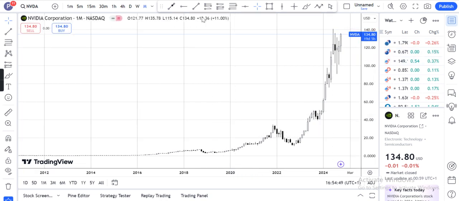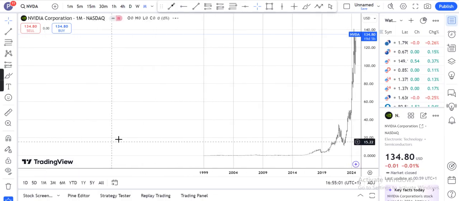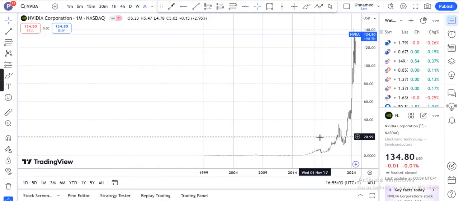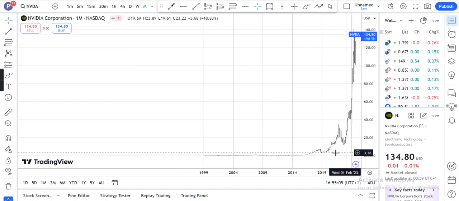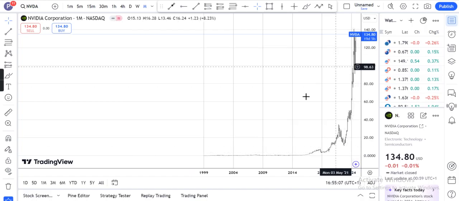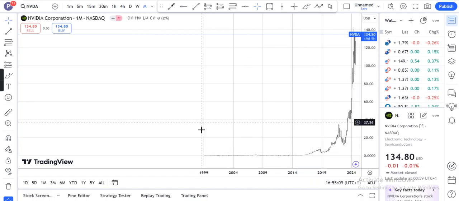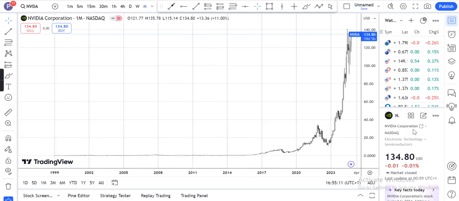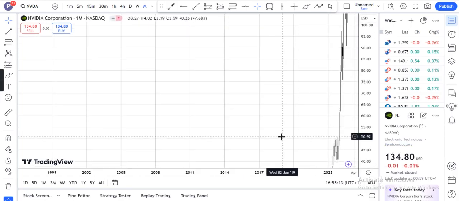You understand? That's the current price of the Nvidia stock. Nvidia stock has been pumping ever since, and between the past few years, the past 3 years, it has really been pumping massively. Now, you can see that the Nvidia stock, since it was created, has actually been